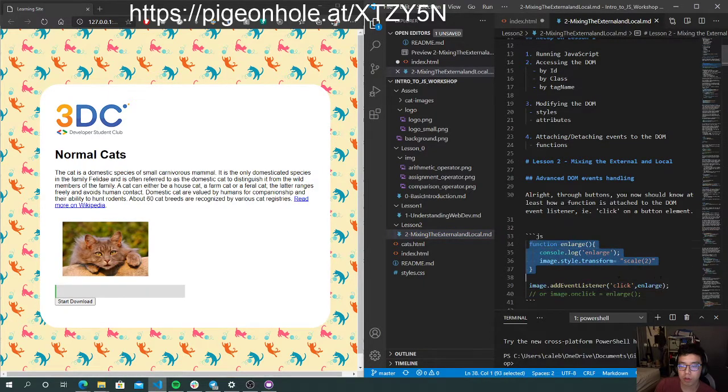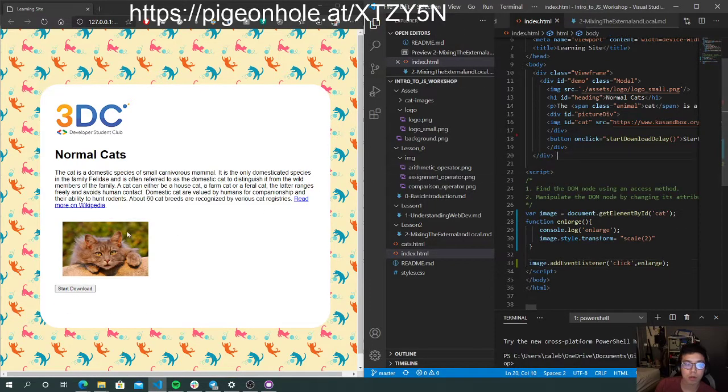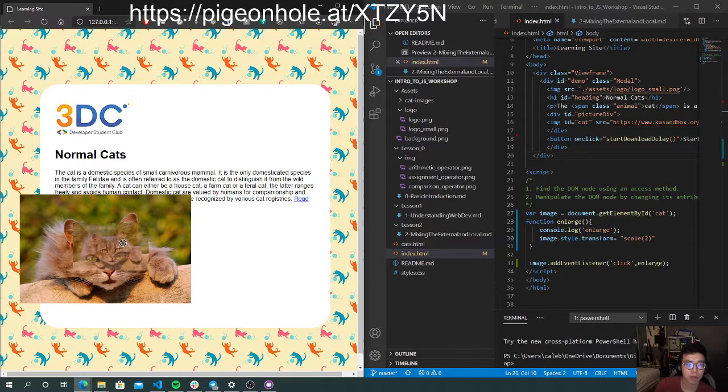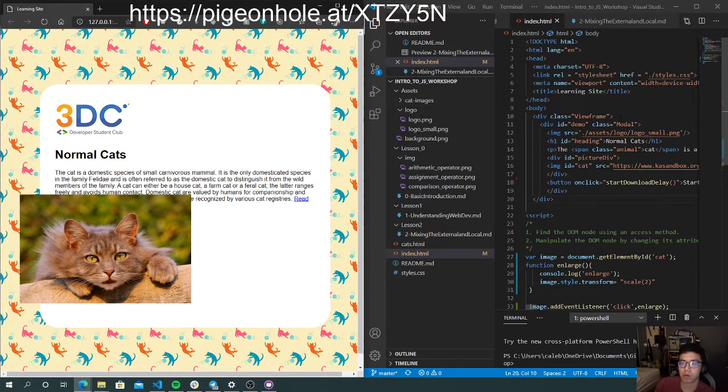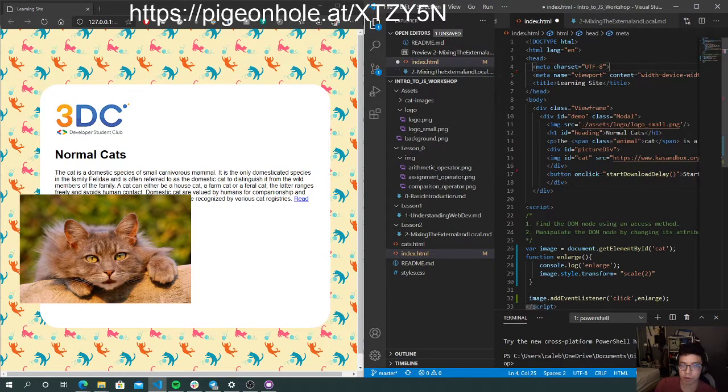We'll attach the function. Alright, see, it works now. I don't know why it wouldn't work. This is so weird stuff in CodePen. Okay, actually don't use CodePen, just use your own